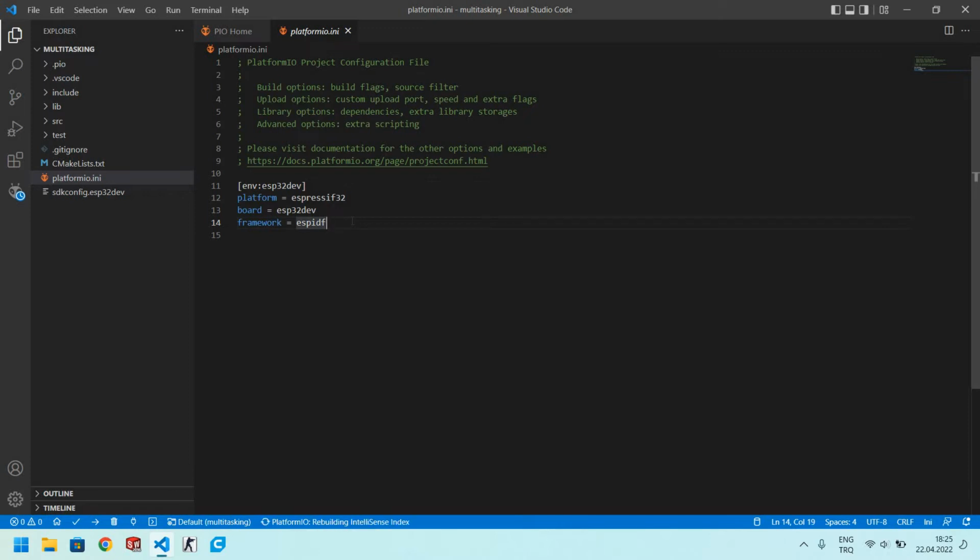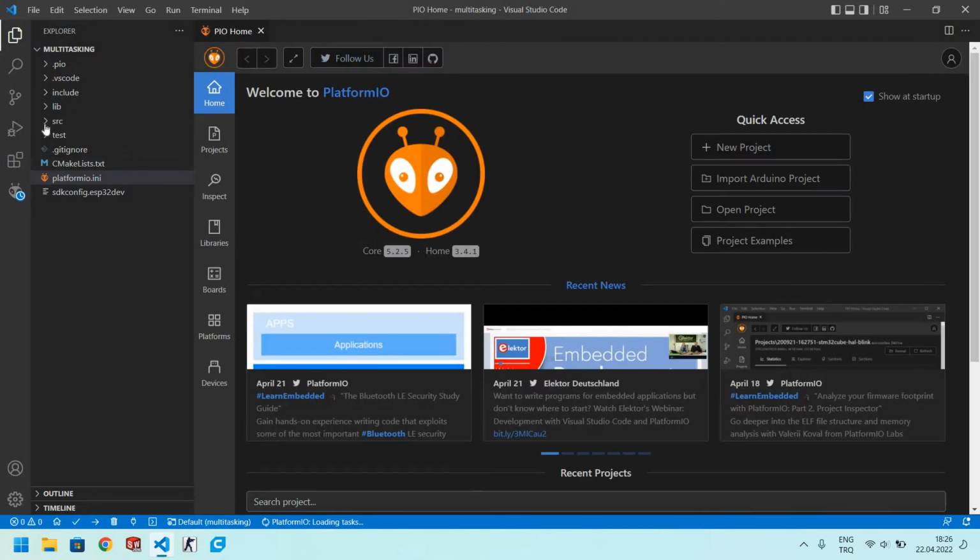So before starting our project, we have to configure our serial monitor speed to 115200, because this is a regular baud rate for ESP32 output, but the PlatformIO terminal is configured as 9600 baud rate, so you only see garbage if you don't configure it before starting. After starting, we can close this ini file,